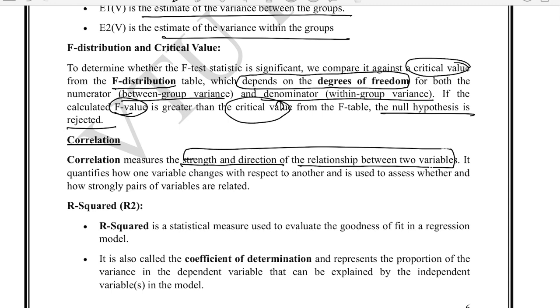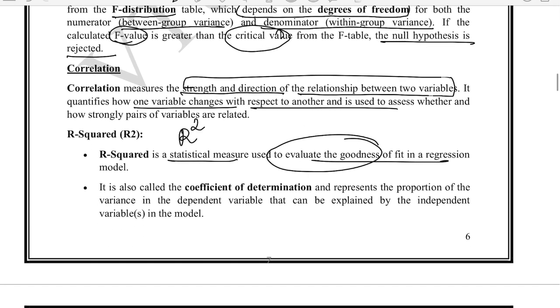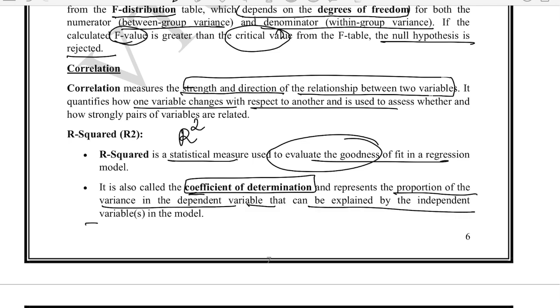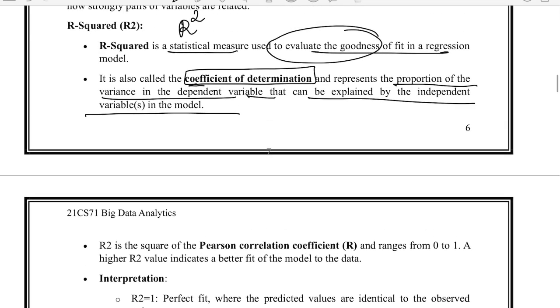It mainly quantifies how one variable changes with respect to another. It is mainly denoted by R square. R square is a statistical measure used to evaluate the goodness of fit in a regression model, and it is also known as the coefficient of determination. The coefficient of determination represents the proportion of the variance in the dependent variable that can be explained by the independent model. Okay, and R square is also known as the Pearson's correlation coefficient, which again ranges from